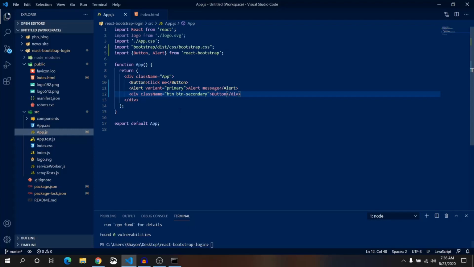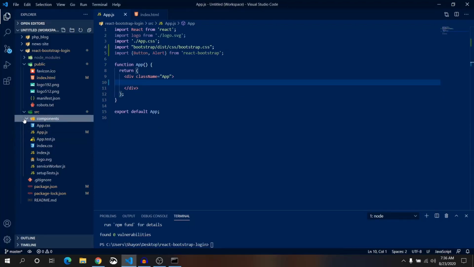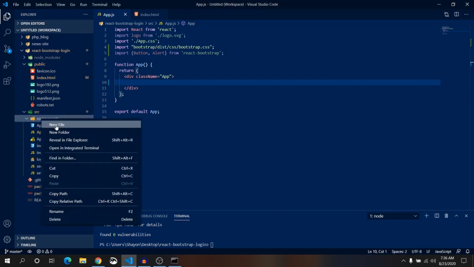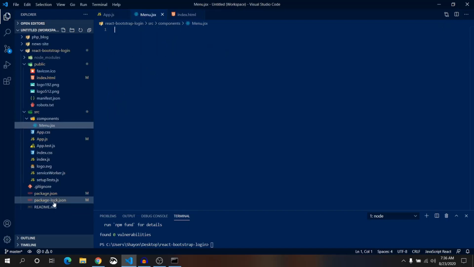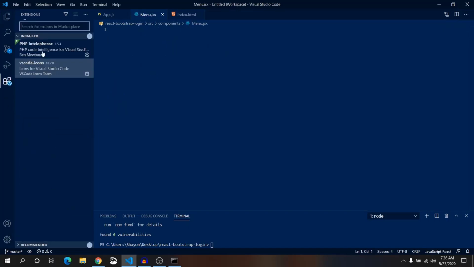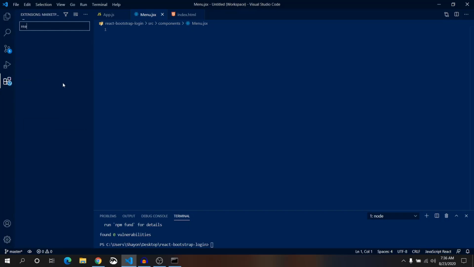Okay, let's get rid of all of them. In components I'll create a file menu.jsx. You can go with JS, but why I am giving JSX, let me show you. In extension, just search for React.